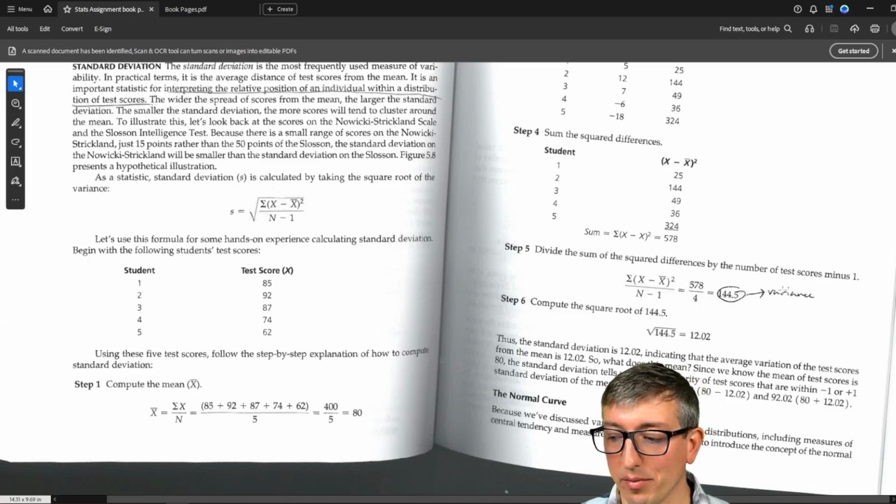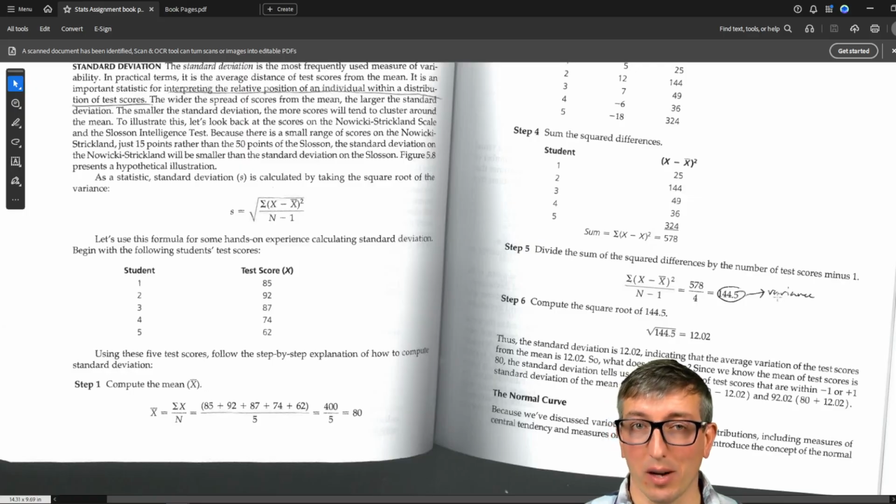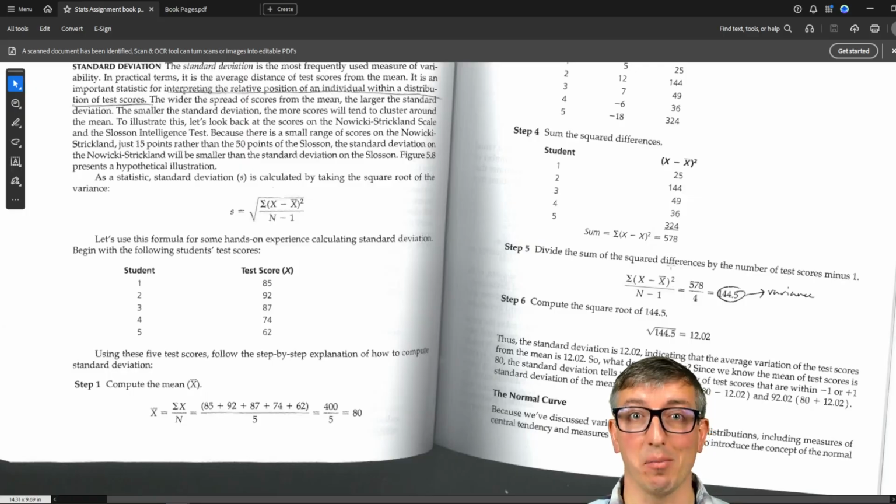And then you get this thing called variance. The variance is something we don't care about, but the standard deviation, this number is. You'll want to know what standard deviation is, and there's a question on the quiz coming up. I'll tell you that about this.